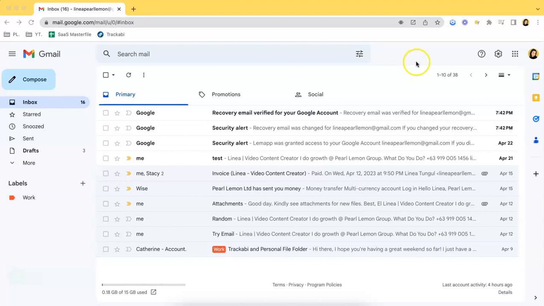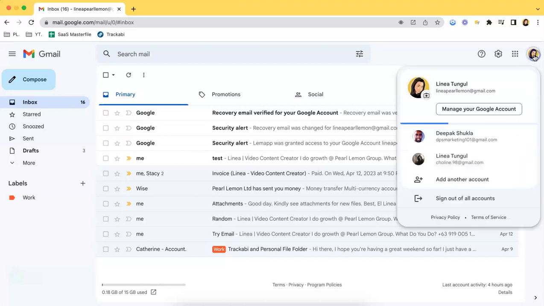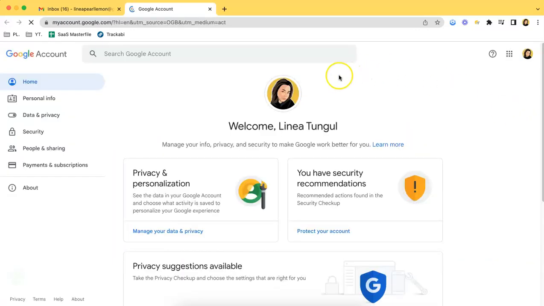So what you have to do next is to refer to the icon over here. So this is your display picture. It's located at the top corner of your screen. So if you click that, then a pop-up will show up, and then just click this button that says manage your Google account. So once you click that, then this page will show up,